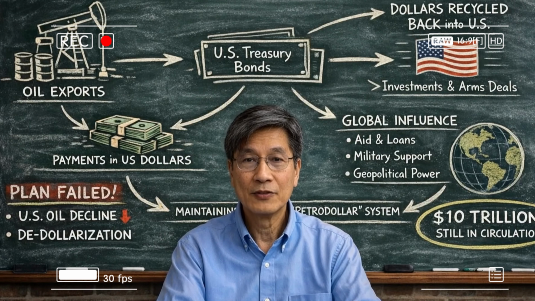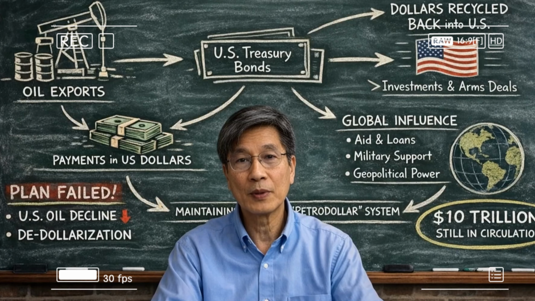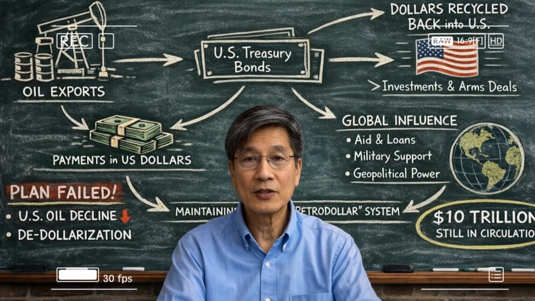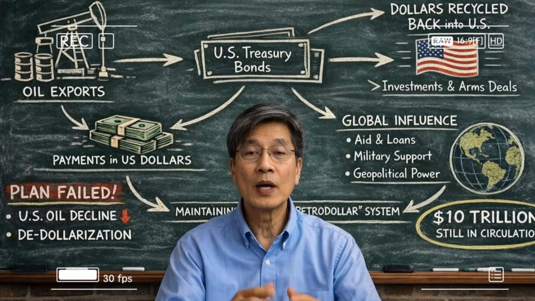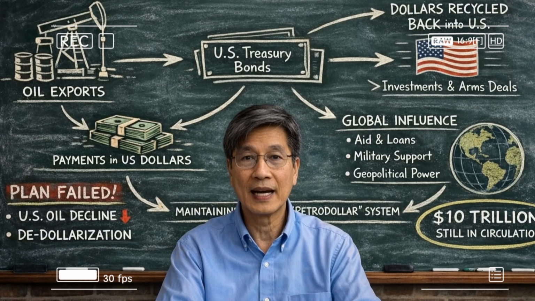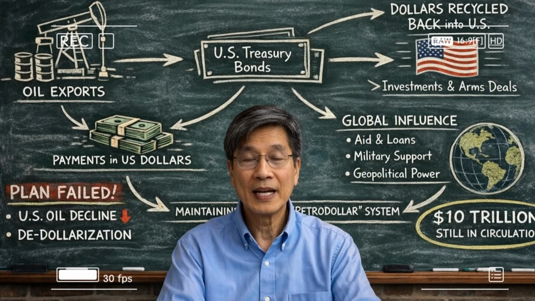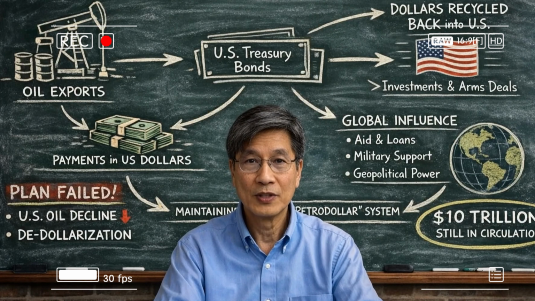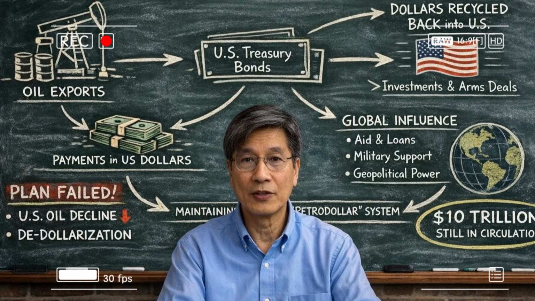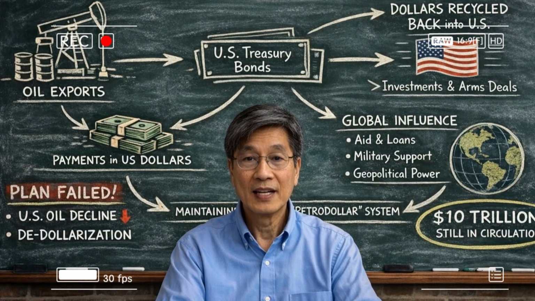But in 1973, the world experienced the OPEC oil crisis. This was when Arab oil-producing countries stopped selling oil to countries supporting Israel in the Yom Kippur War, including the United States, in order to gain political leverage. This caused oil prices to quadruple, leading to massive shortages and severe inflation in Western economies. In response to this, the US made a major agreement with Saudi Arabia, one of the world's largest oil producers. The deal was simple. Saudi Arabia would sell its oil only in US dollars. In return, the US would provide military protection and support.